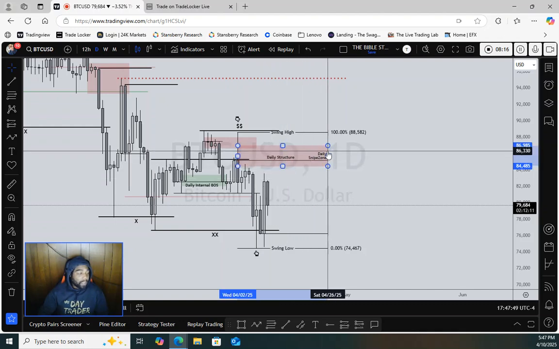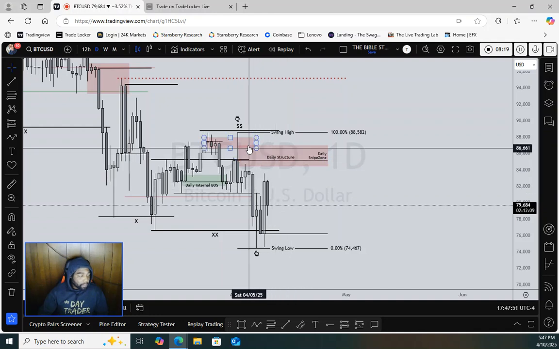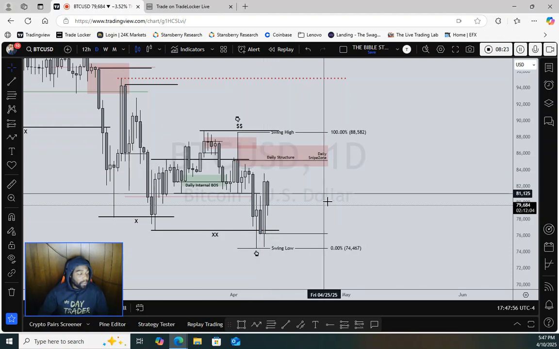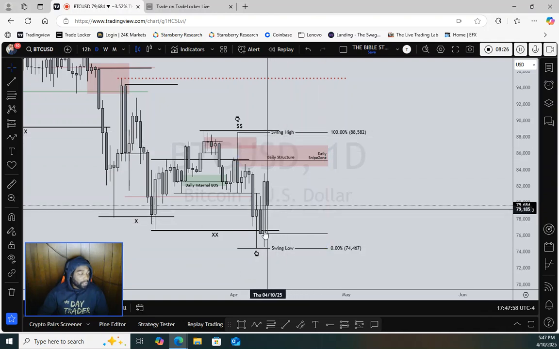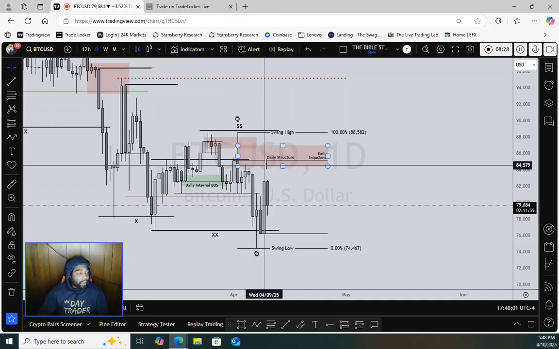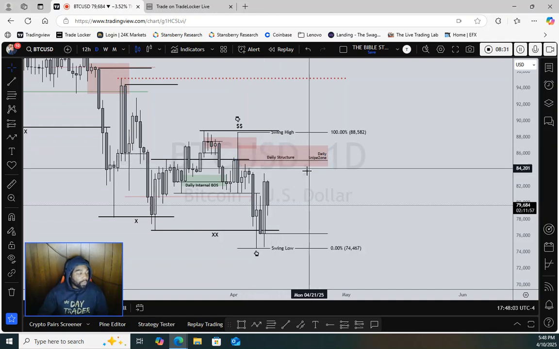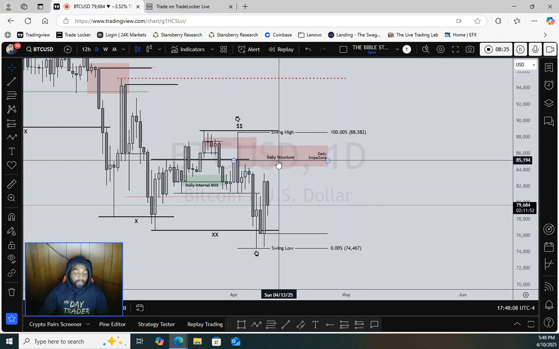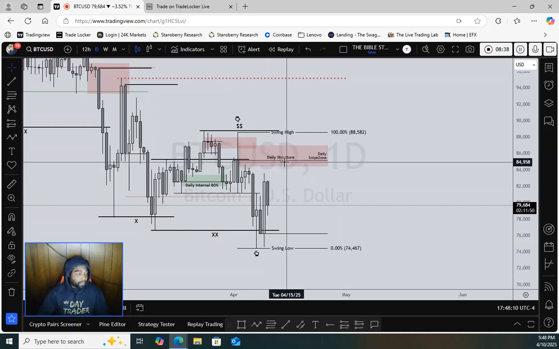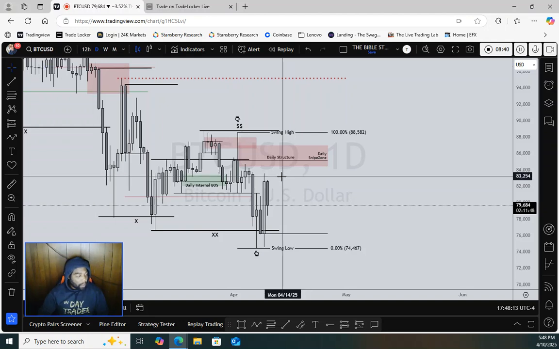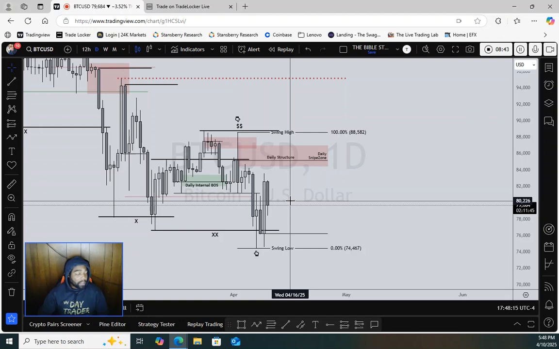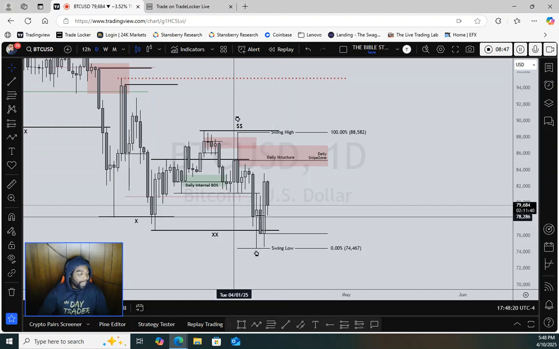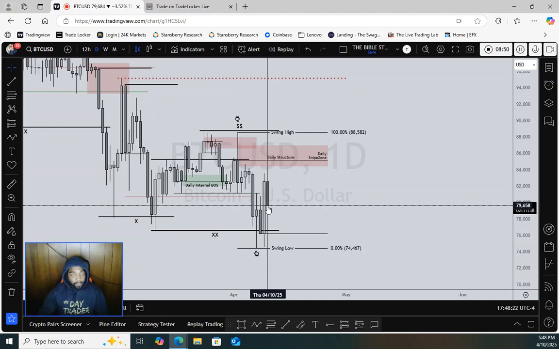Price comes up into this daily snipe zone: bearish expansion, bullish retracement, and bearish continuation. Swing high to swing low, and we've been looking for price to short here, but that's all based on what type of price action we encounter when we get here. So to get a more clear view of what type of price action we are encountering inside of this daily price action,